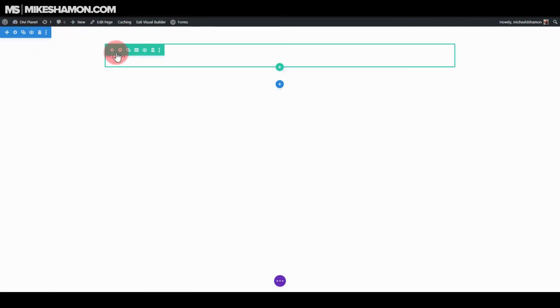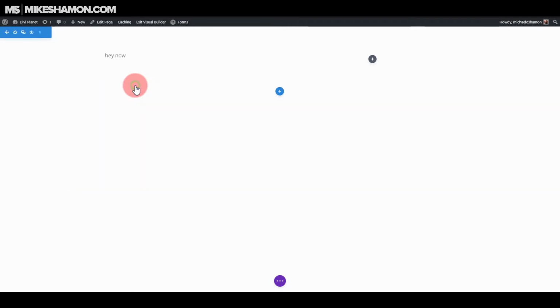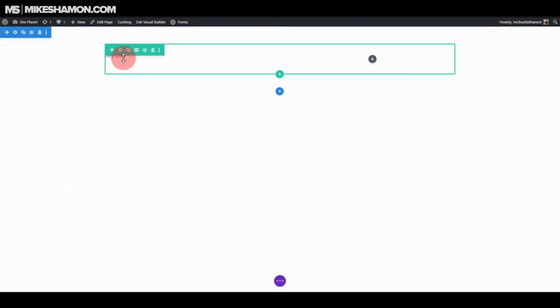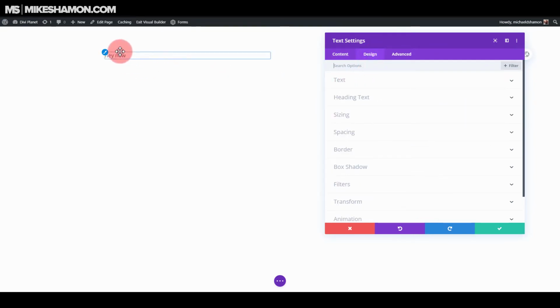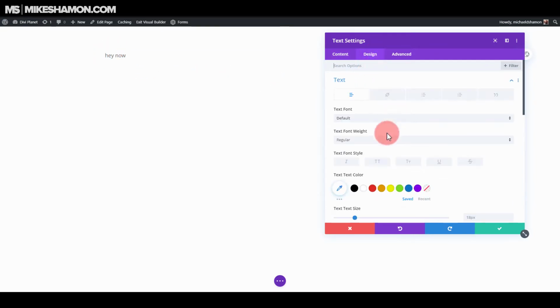What I'm going to do is enable Visual Builder. Alright, and you know what, we're going to do a double column, so I'm just going to go over here to the column and go to 2 column. Okay, and this one is going to have a headline here. So let's go to design, and if you just roll with the paintbrush, it goes right to it. And I'm just going to make this